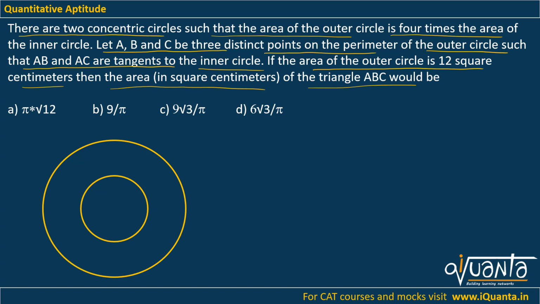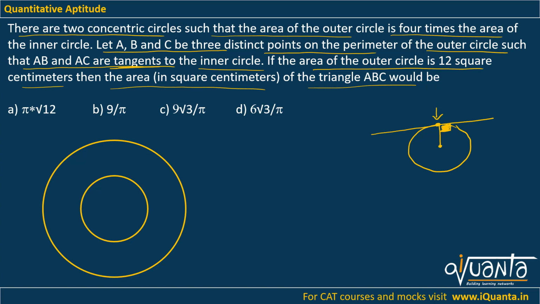We have a new term called tangent over here. Many of you would be familiar. Those who are not, if we have a circle and I have a line that touches the circle at a single point, then that is called a tangent to a circle. This point is called the point of contact. Then we have a property of a tangent that will be applicable over here: from the center of the circle, if I join the point of contact, then this angle formed over here is always 90 degrees. We'll be using this.